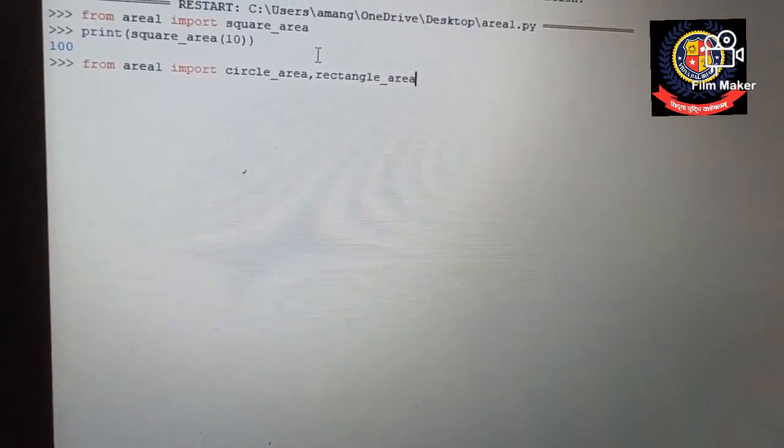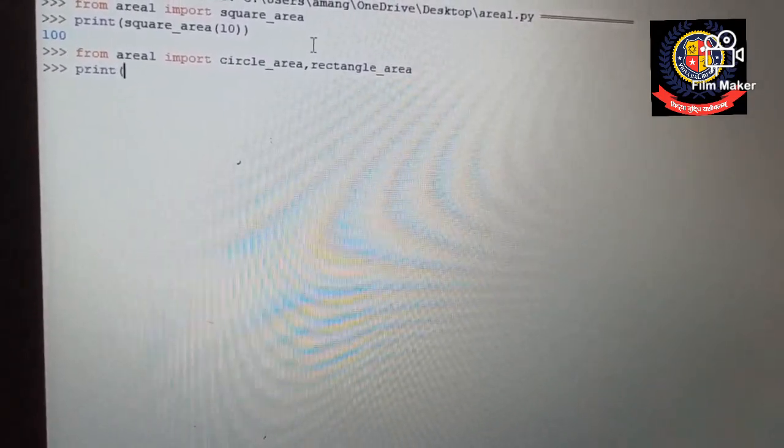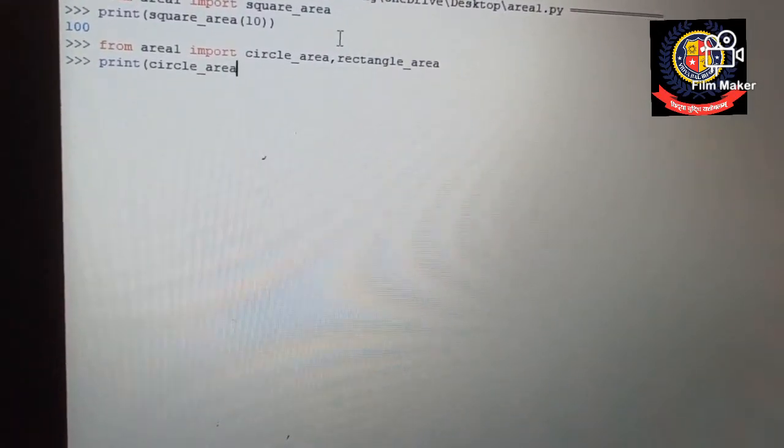I have to specify like in this manner. Then print circle_area, and then I have to specify the value, that is 10.